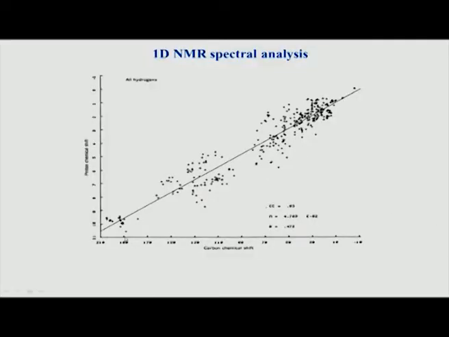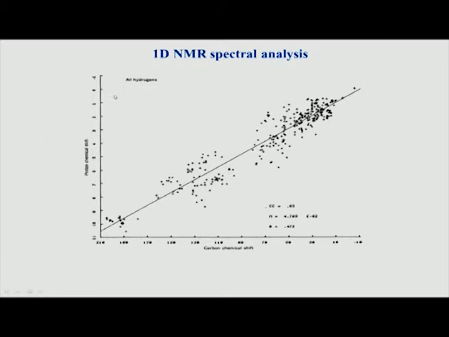In chemical shifts, on the x axis is carbon chemical shifts and on the y axis is hydrogen proton chemical shifts. So, for a given CH carbon hydrogen pair is plotted here. For example, if a proton has a chemical shift close to 0, this carbon is around -10. Similarly, this is again from a large number of molecules, a large number of CH chemical shifts has been taken. This is a plot again from one of the research articles.